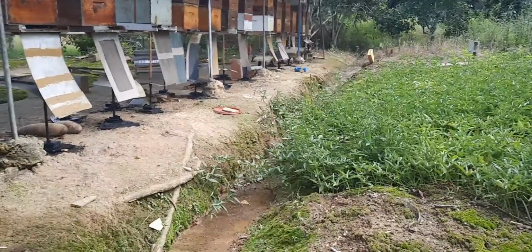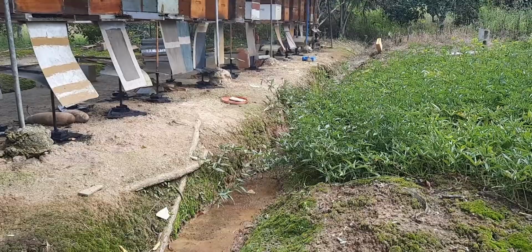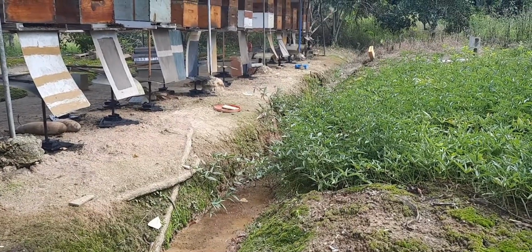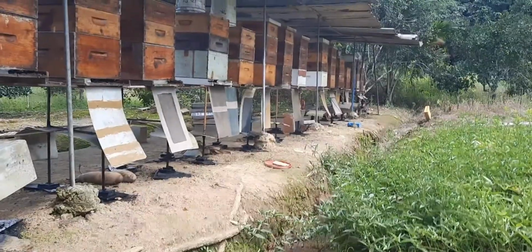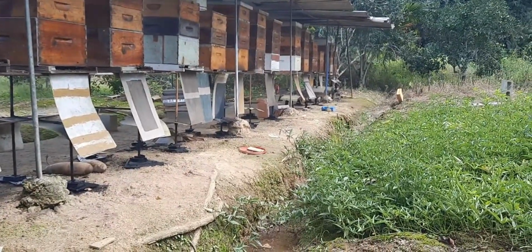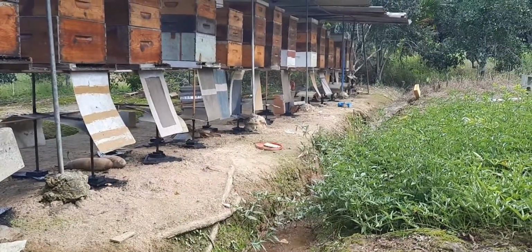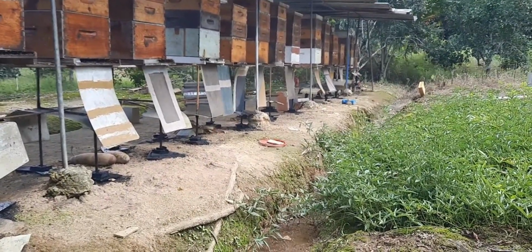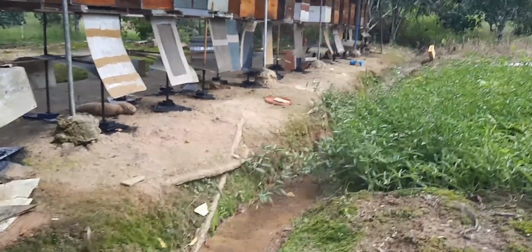Monday, December 21st, 2020, 2 p.m. The bees here are doing a fantastic job of pulling in some of that soap vine honey for me. Soap vine nectar. But what I did at 4 o'clock this morning, I came here and did a little cleanup of